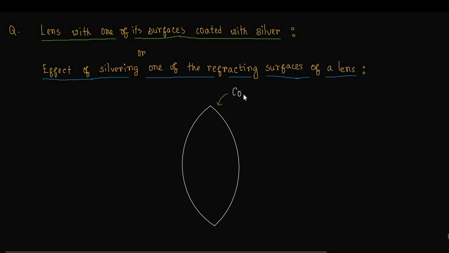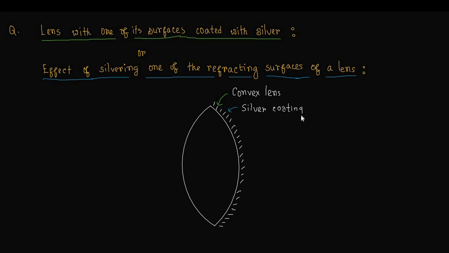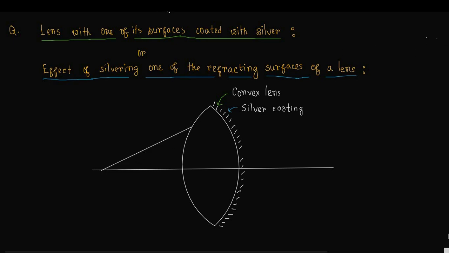In the diagram, this is a convex lens, and this refracting convex surface is coated with silver. This is the second refracting surface, which is a spherical surface, and there should be silver coating on that spherical surface. A ray is coming from an object point, and this is the incident ray which will be refracted through